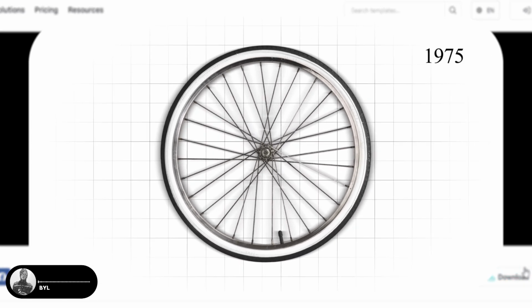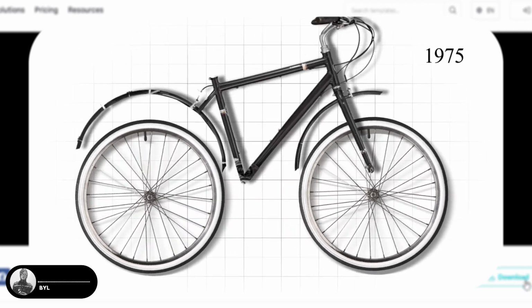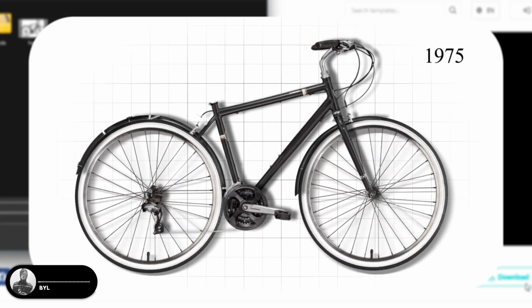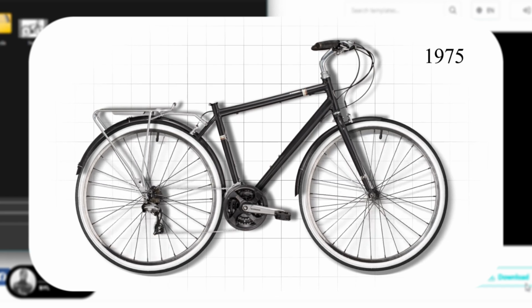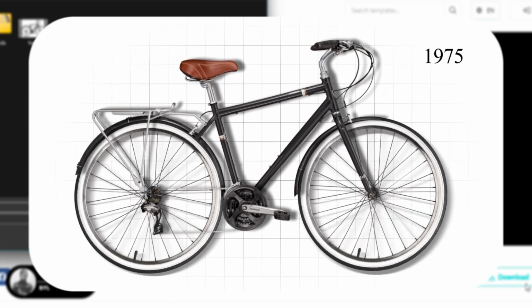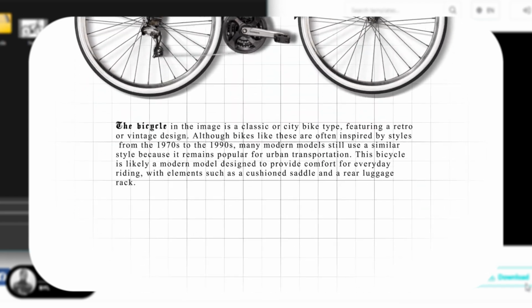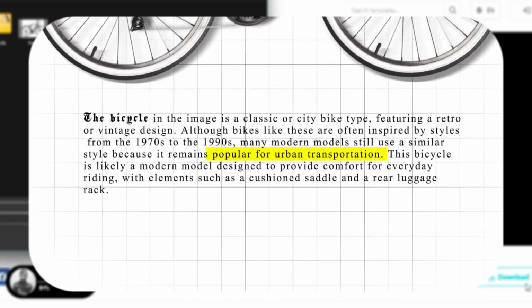In 1975, the evolution of the bicycle saw significant developments. With the oil crisis of the early 1970s, bicycles became increasingly popular for urban transportation. This period marked